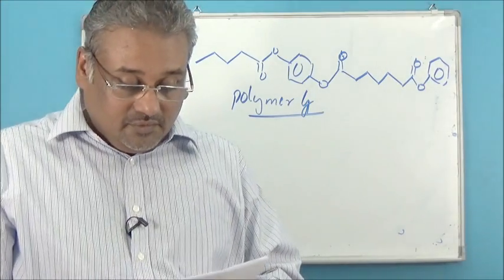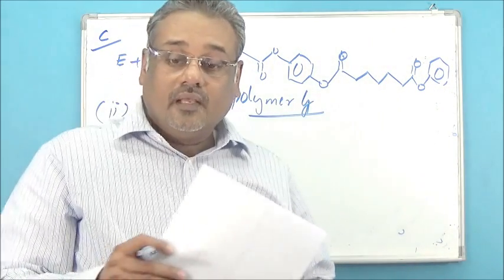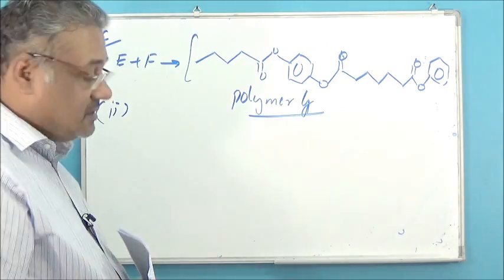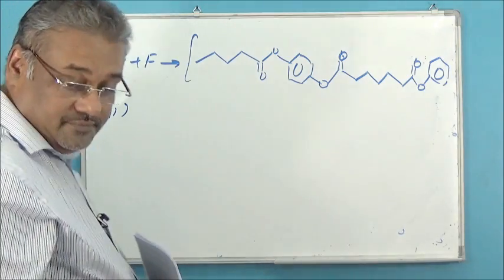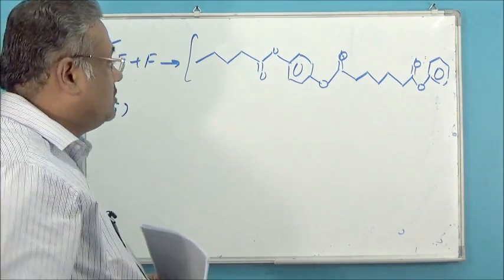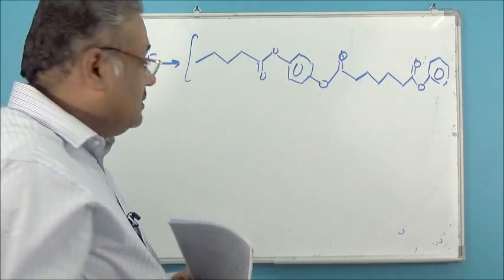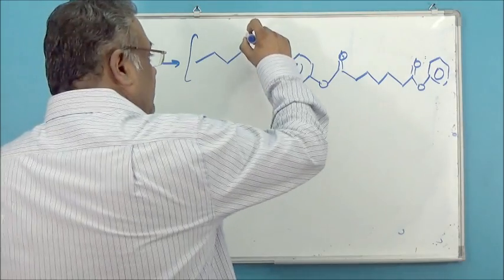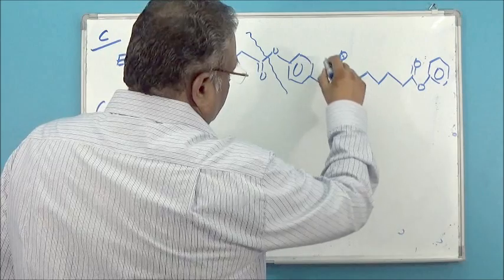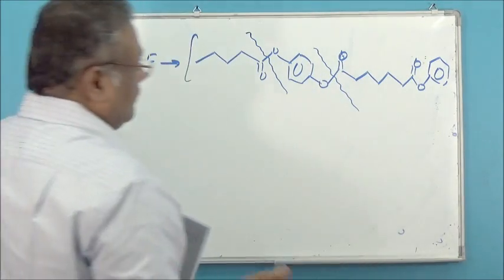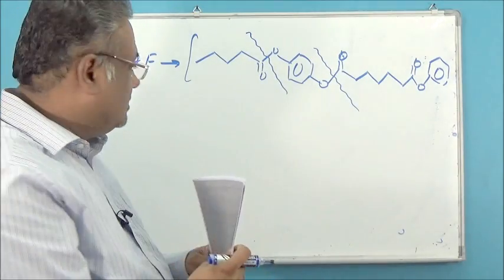Now in C part 2, the question says draw the structures of the two monomers E and F. Now to try to figure out the monomers, the trick is you need to cut the polymer in such a way so you get some information about the monomer. So obviously you need to cut the ester link, but then where to cut the ester link? Now you must cut the ester link here after the CO. When you hydrolyze the ester, you cut it after the O, but when you want to spot the monomers, the trick is to cut